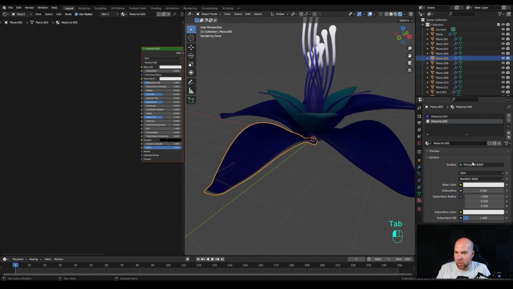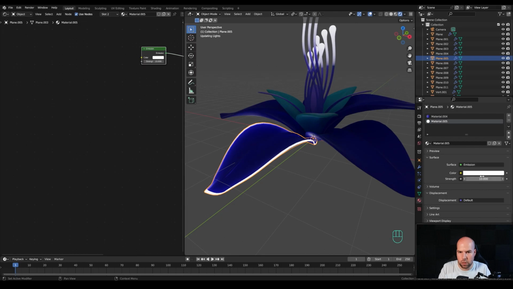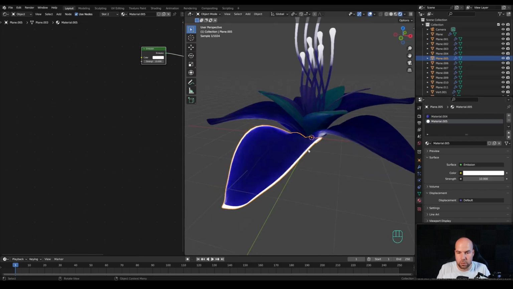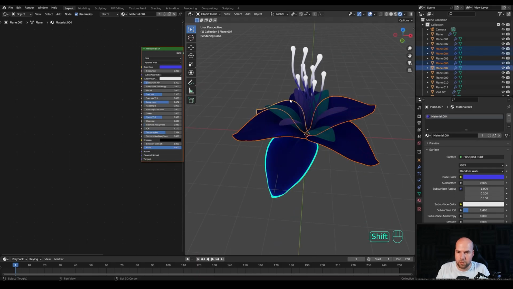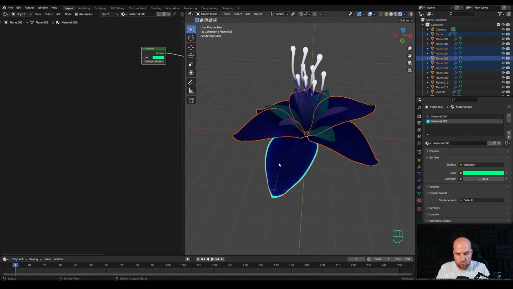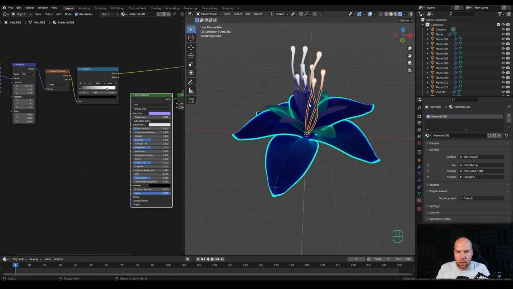Now tab out, and we can change this from principled to emission shader and add like a 5 emission, maybe even more. You will see how nicely this translates through that transmissive material there. Let's go like cyan or even a little bit green. And now we can select these by holding shift with this one as last, and we can press Ctrl L and link object data again, so this will make it the same object once more. And now you can see this nice translucency happening there, and even here,